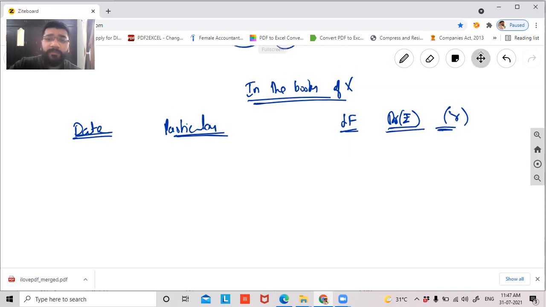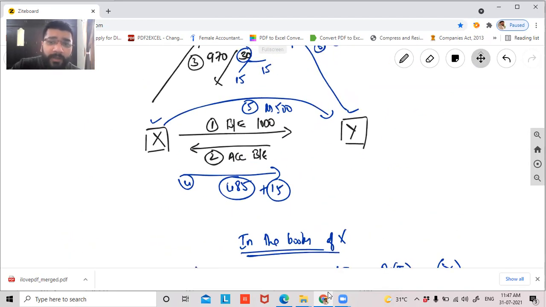Now tell me, guys, what will be the first transaction that will be recorded in the books of X? X is sending bills of exchange to Y for acceptance. While sending the bills of exchange, will we record any journal entry? No, sir. Because it is not a business financial transaction, so I will not record any journal entry at stage 1. In stage 2, when Y is accepting and sending the bill back, will X record anything in his books?